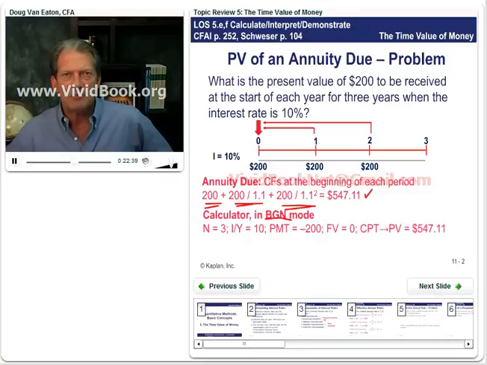When we put it in begin mode, present value gives us the value on the date the first payment is made. So once we put it in begin mode, well, there's 3 payments. They're $200 apiece. Our interest rate, our discount rate here, is 10%. The future value is 0. Calculate the present value and get